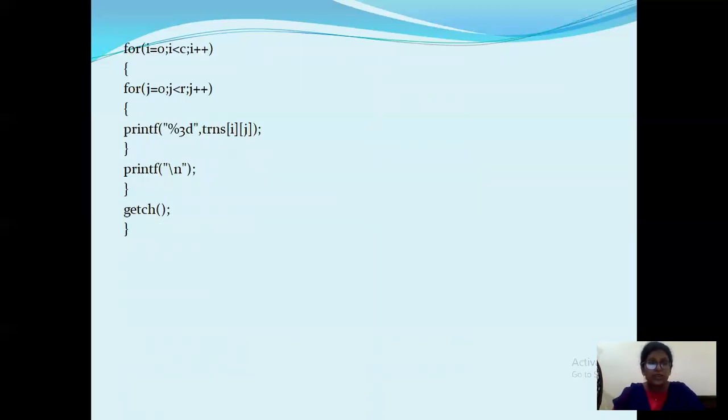So you need to print that into your trans of ij by interchanging columns and rows, right? So by changing rows to columns and columns to rows, now you are going to print your resultant matrix trans of ij. By using the slash n, you are going to print the elements in transpose, in the form of a transpose matrix, right?